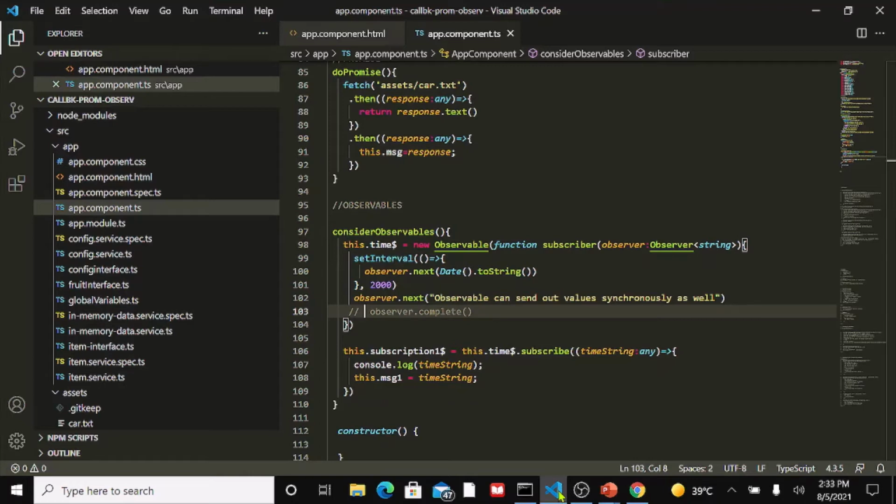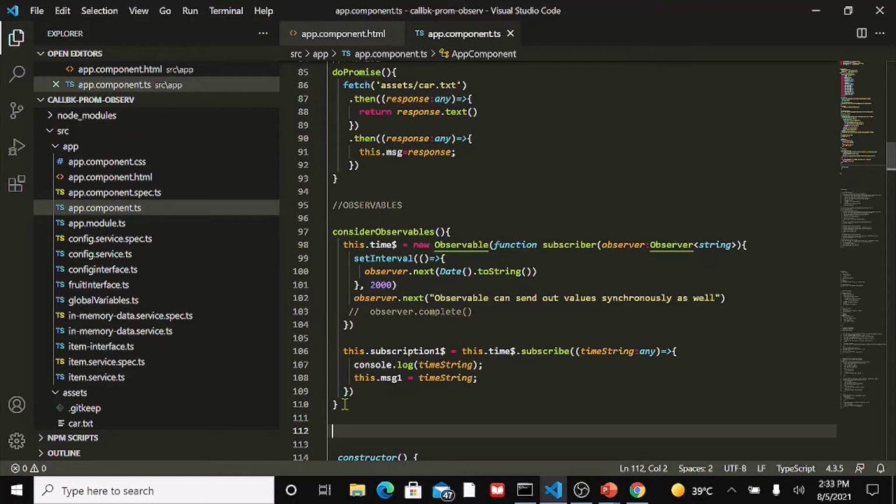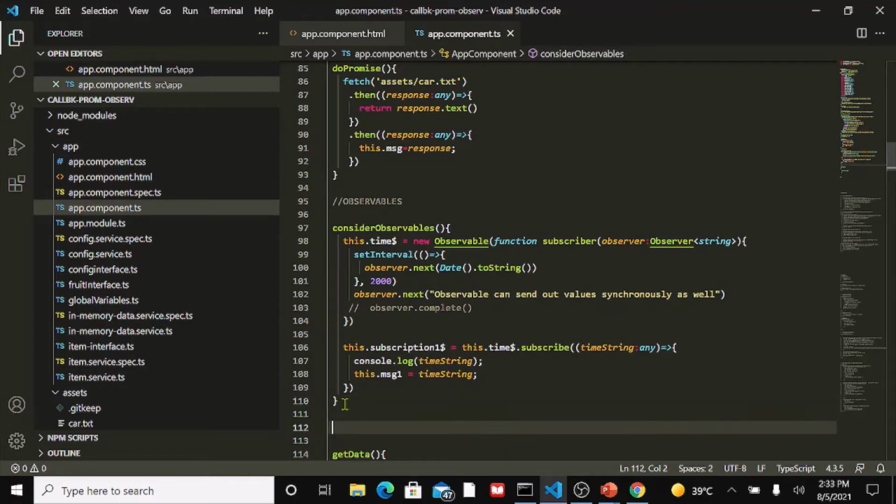Now, observables can also be used, just like the fetch API, to access or return to our functions files, JSON files, text files, image files. Right? So let's write a function now which will return a JSON file, a text file, and an image file. So we'll call this get data, right? And I'll just put in a comment here. Now within this function,